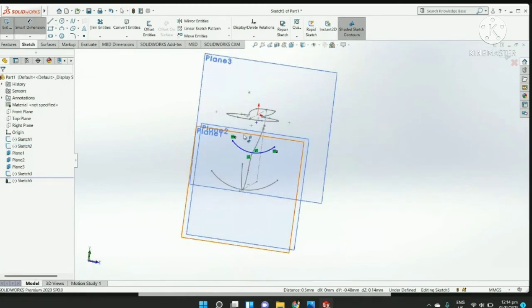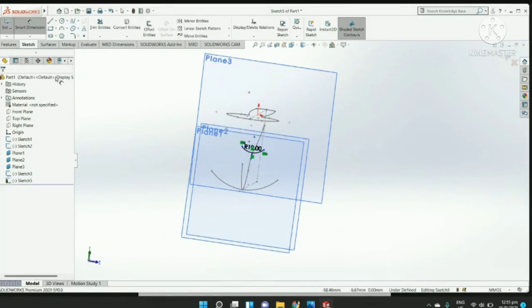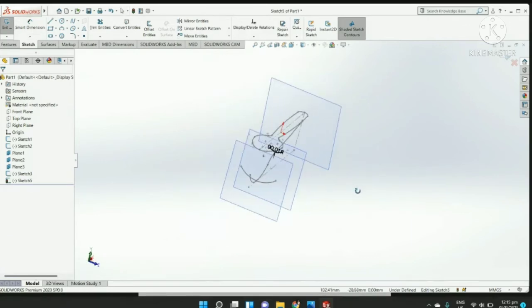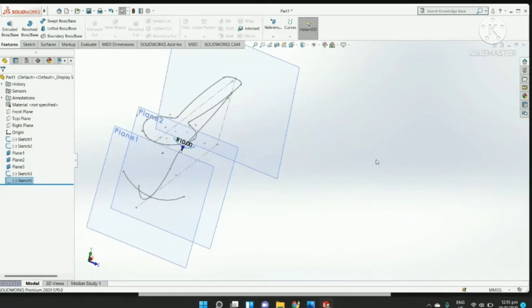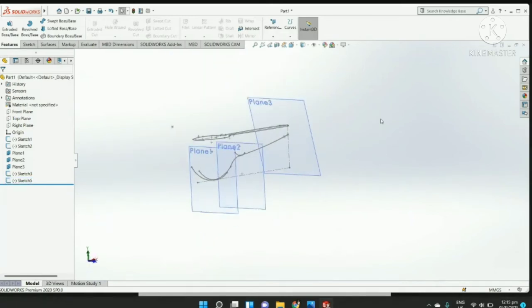And then smart dimension, radius of 10, then check. Then next, we will hide this plane 1 and plane 2. So simply click, then hide,